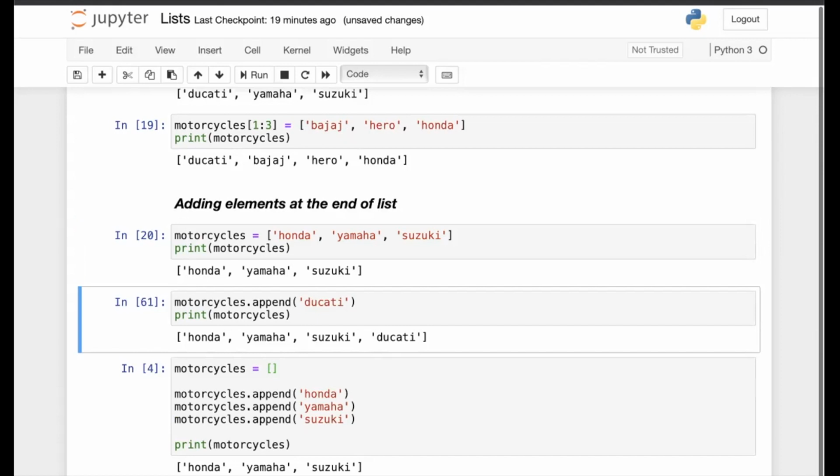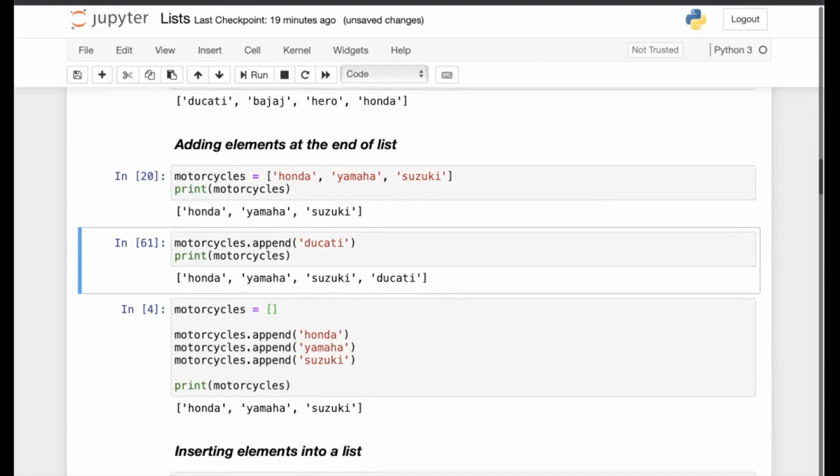This is printed, and then I add the element at the end. That element is added with the method append. So motorcycles, which is the name of the list, dot. The dot operator says to use this method append over the list motorcycles.